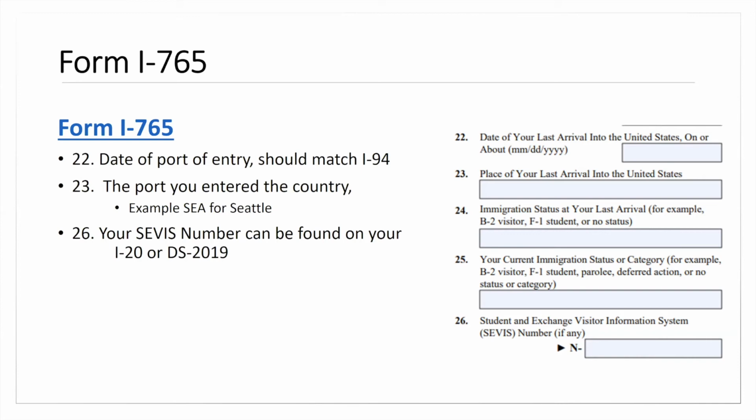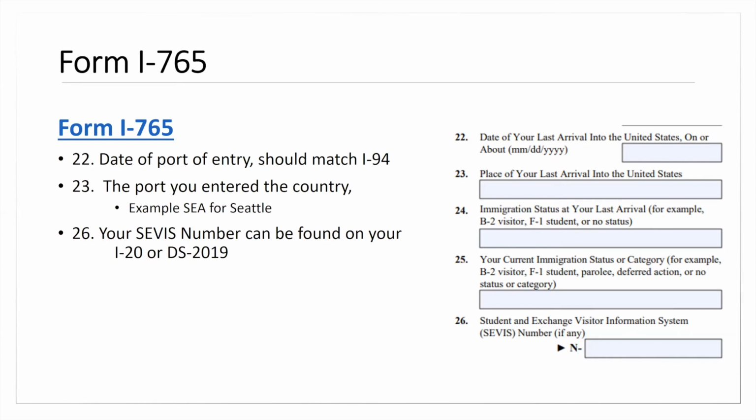This is also an important place to note that if you're not here as an F1 student, this could cause you problems. I have had students who, at the time they're providing a port of entry and their status, might have to exit and re-enter the country to enter on the proper visa. So we always recommend that after you travel throughout your degree program, you pull your I-94 record after you return to the US so you can make sure that you're here on an F1 student duration of status.